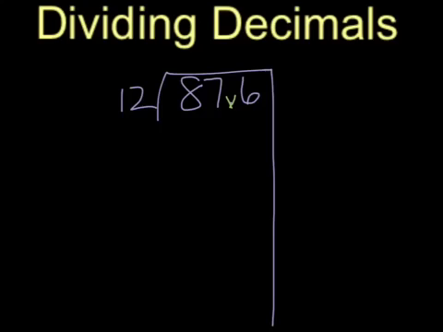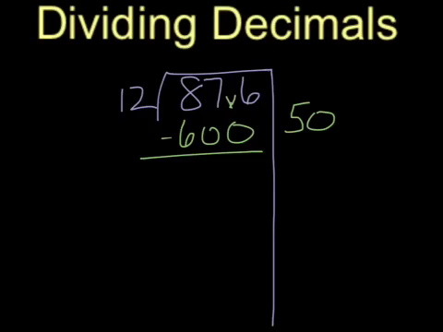Using my math fact knowledge, I'm going to think about how many times 12 might go into 80. And I know off the top of my head that 12 goes into 60 5 times. So 50, because this is 800 we're talking about, really not 80. 50 times 12 is going to be equal to 600. So I'm going to start out by subtracting that 600. 6 minus 0 is 6, 7 minus 0 is 7, and 8 minus 6 is 2. So I'm left with